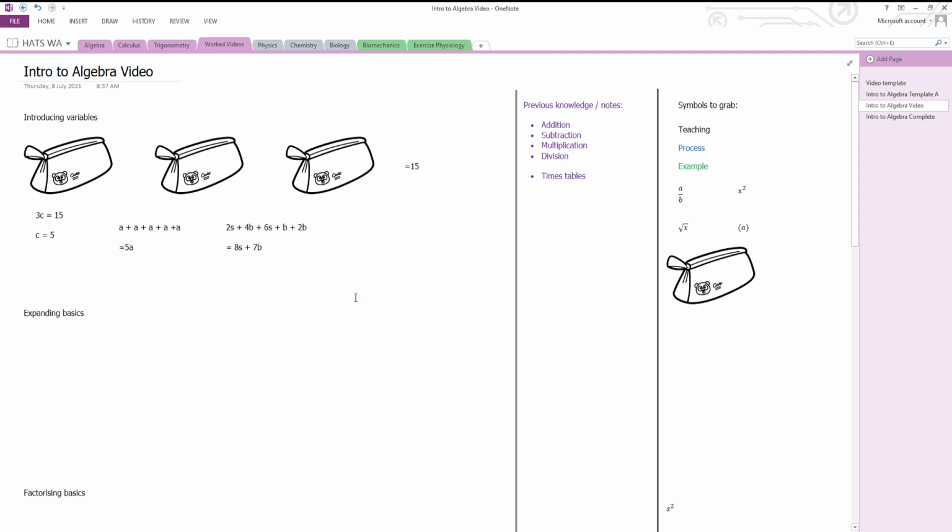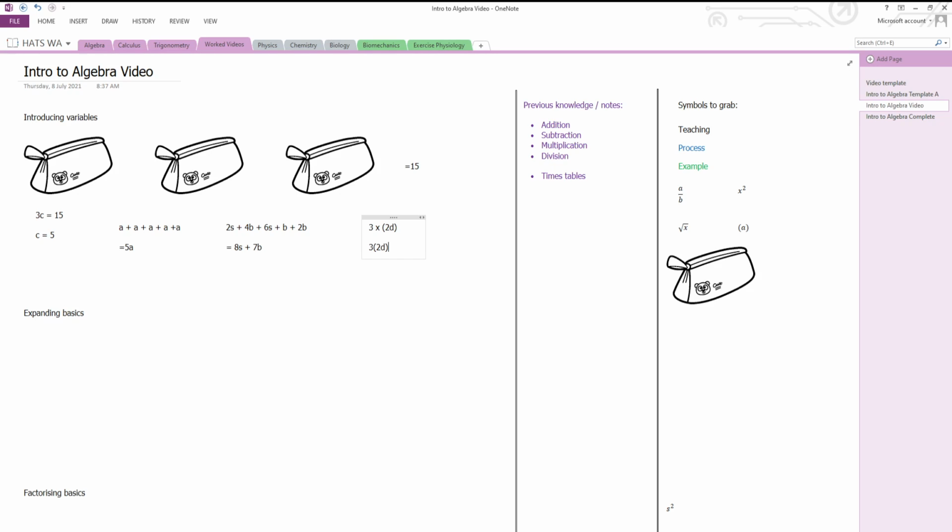So what we're going to do now is we're going to look at if we have 3 lots of 2d. So we have 3 lots of 2d. We can represent that as just 3 multiplied by 2d. We don't actually need a multiplication symbol in algebra. So when you just have 2 numbers next to each other, usually separated by a bracket or something like that,